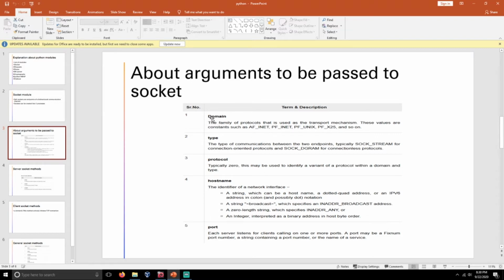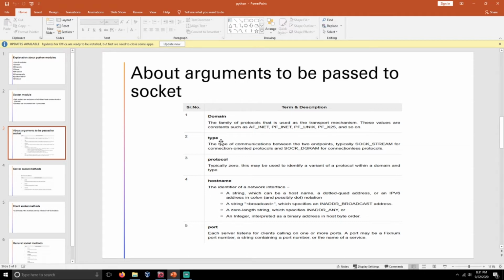So the domain argument is used to indicate the protocols that we are going to use. So many protocols are composed in AF_INET, PF_INET, PF_UNIX and so on. If you want to use some set of protocols, then you need to use some domain. One domain consists of protocols like the TCP protocol or the UDP protocol. For that purpose, the domain is used to select our protocols.